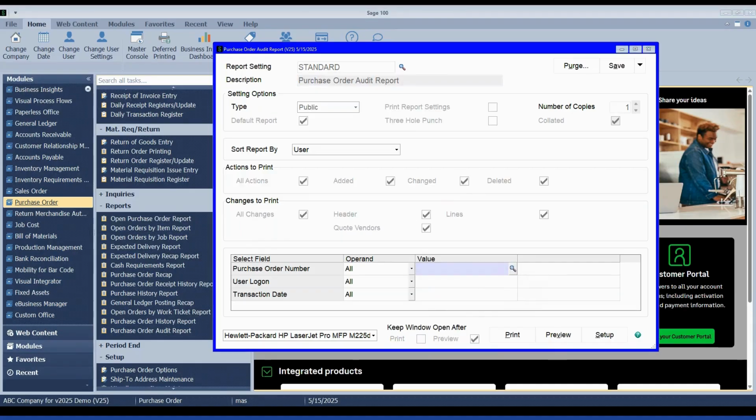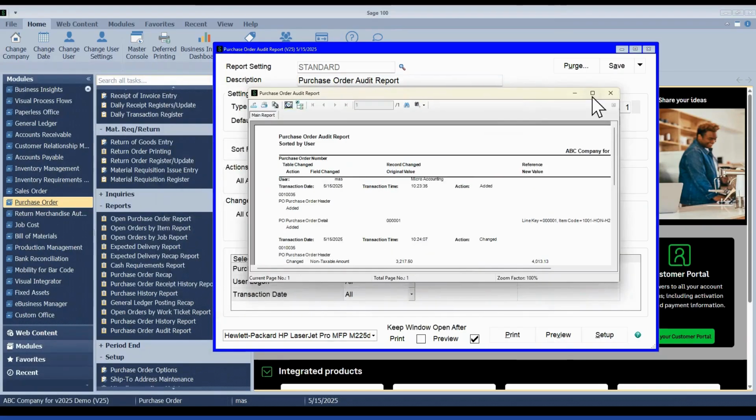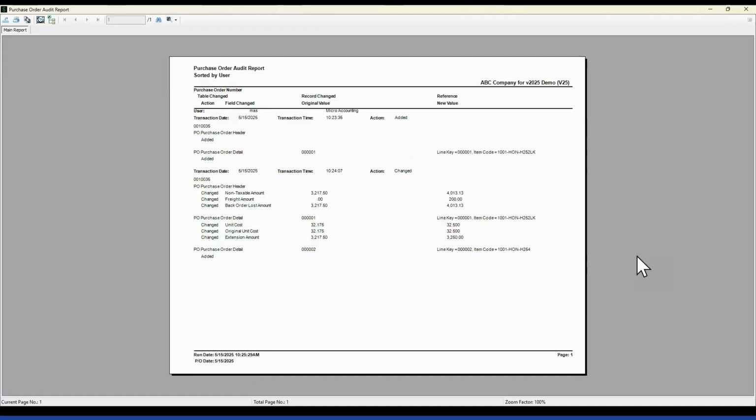There we go. But there's a lot less to look at here on the PDF than when you had it in detail on the other side. So it just depends on what level of information you want to get to.